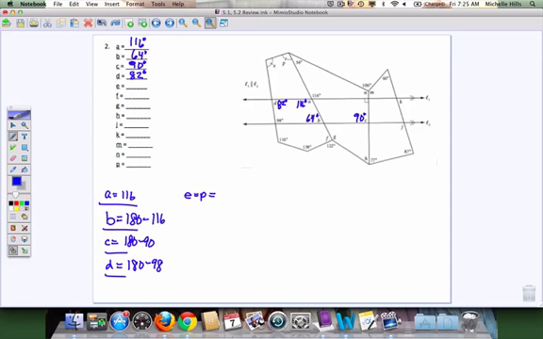You're right. Instead of that big pentagon, I wanted to look at this quadrilateral. So E equals P equals 360 minus the 98 minus the 64, and then divided by 2 because those angles are congruent to each other. So 360 minus 98 minus 64 divided by 2 means that E and P are both 99 degrees. So these are 99 degrees,